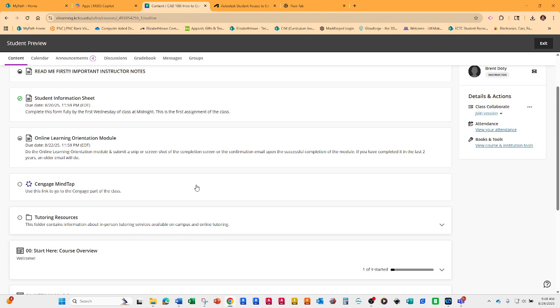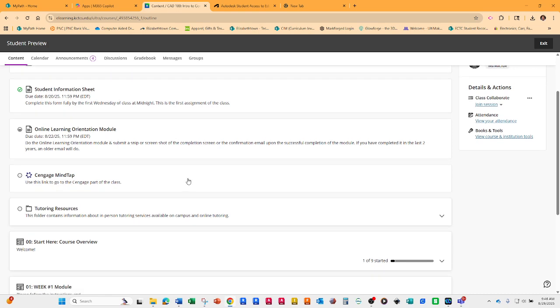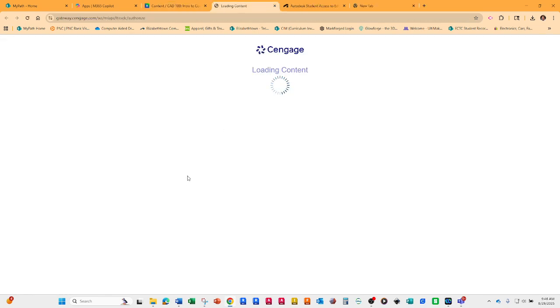And the last thing that you need to do to get started in this class is go click on this Cengage MindTap app or MindTap link. If you have a Cengage account, you're going to need to remember what your password is. The username is probably your school KCTCS email. Use it. If you do not have an account, set one up. Your school email will link to this class so that Cengage will say, oh, you're already paid. You're in this class.